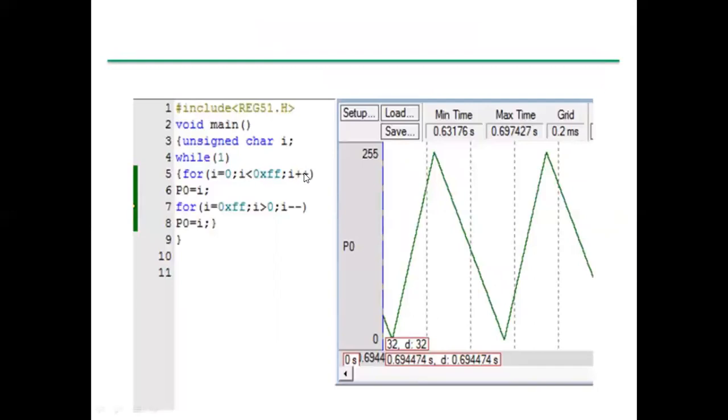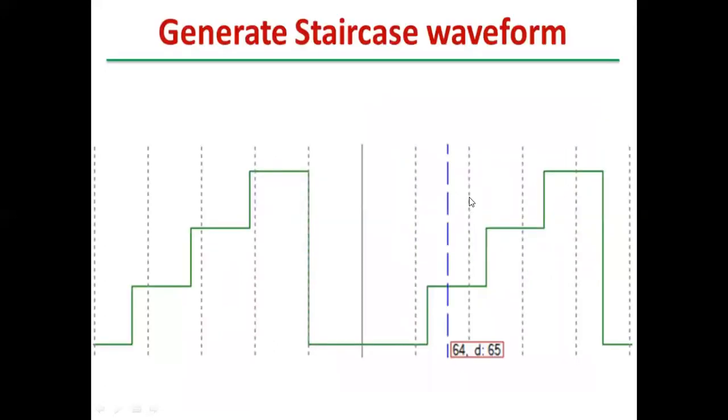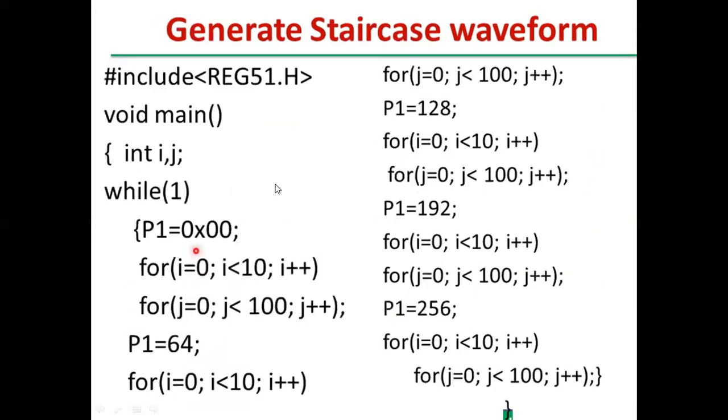So this is the Keil output you can watch in the logic analyzer. This is a staircase. If you see here, you are generating the square wave staircase with 4 steps. That means the initial value is 0x00, and the maximum value is 0xff. If you convert that into decimal, you get a maximum value of 256. 256 divided by 4 means you are getting around 64.